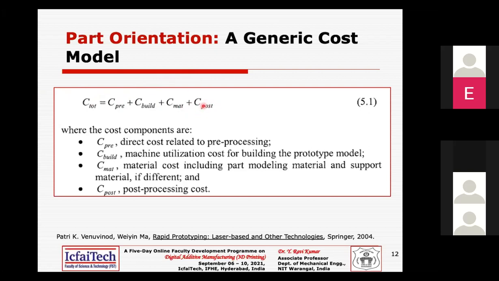And a good design for additive manufacturing, generated here in the pre-processing step, will reduce the post-processing cost. Why? Because if you have taken care of your support material, your build orientation and other aspects which we have been talking about, in designing itself,